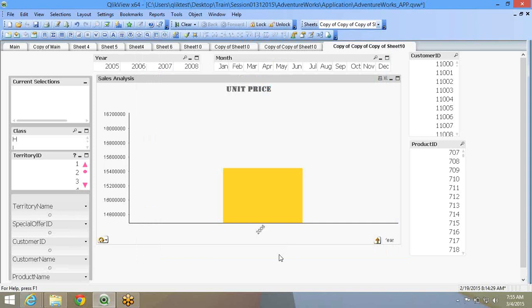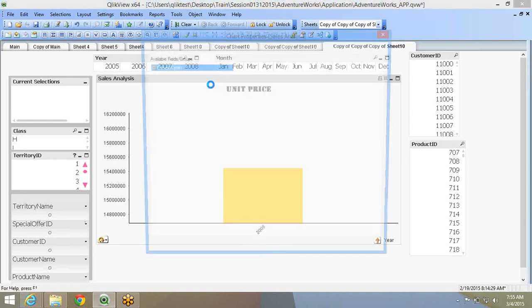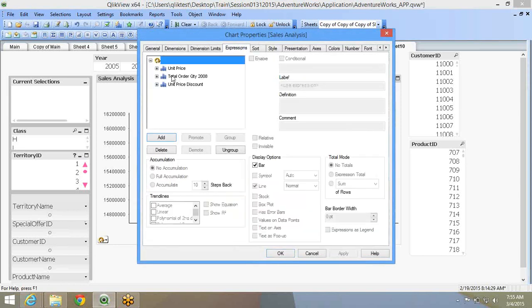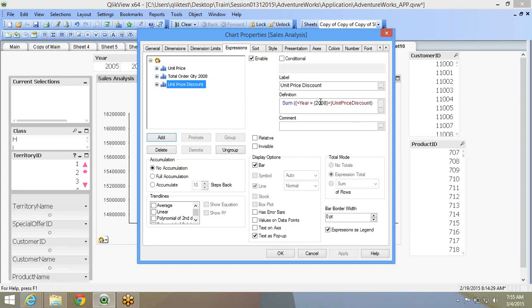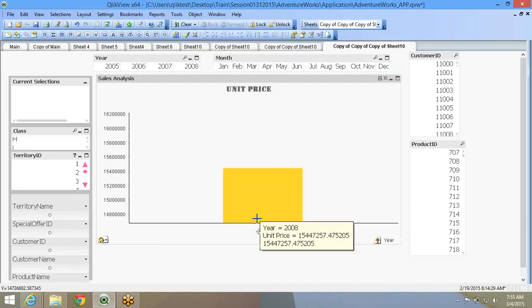Now the best part is, along with drill down, you can also have this cyclic, right? So cyclic of expression is possible. You can have it as a combination with a drill down. You can't have a drill down of expression, only cyclic of expression. Now it is showing only 2008. The reason being, in my expression, I have technically mentioned only 2008, year is equal to 2008. So whenever you use set analysis in any bar chart or anything, it will display data only for that set analysis value. So over here you have 2008, so it is displaying value only for 2008.